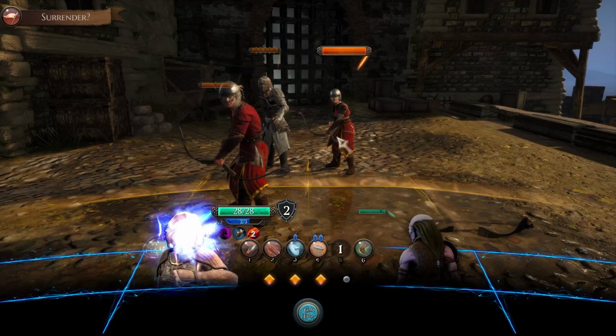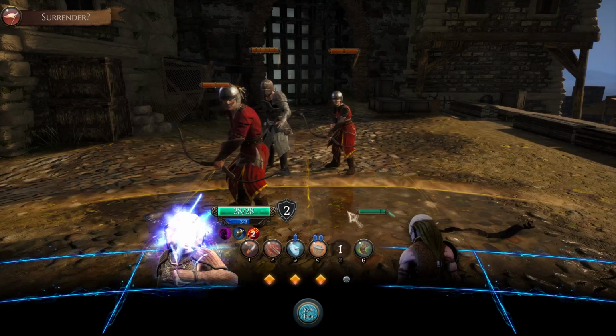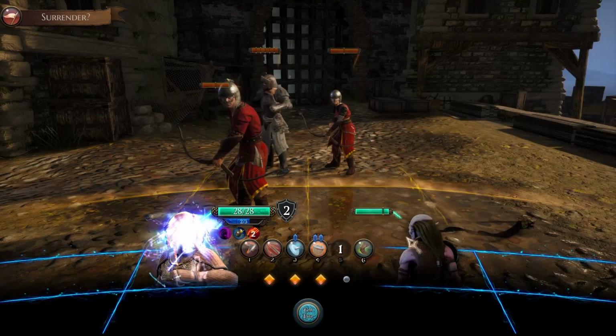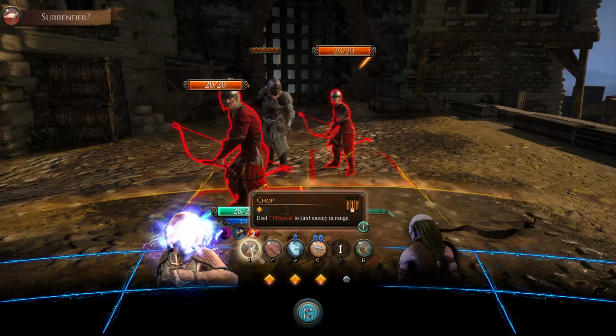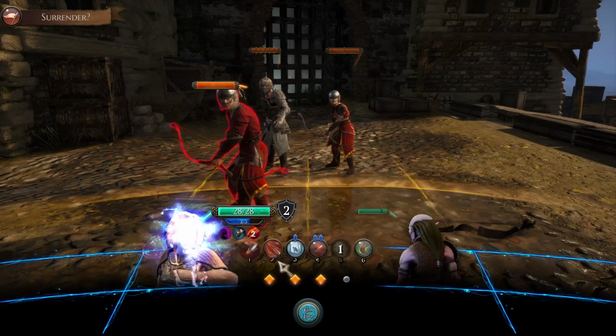Actually, no, this one's in the front. We want to kill the ones in the back first. Because if he were to step here, then we're not able to get this archer in the back anymore, and we will not be protected. So, number one goal is probably...